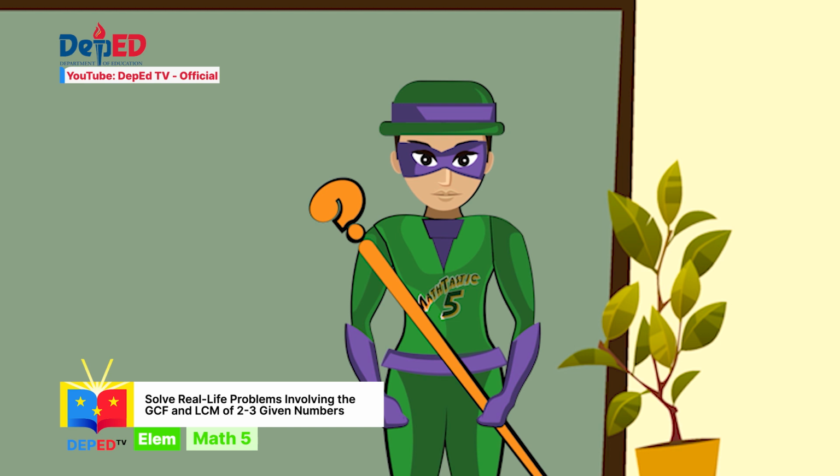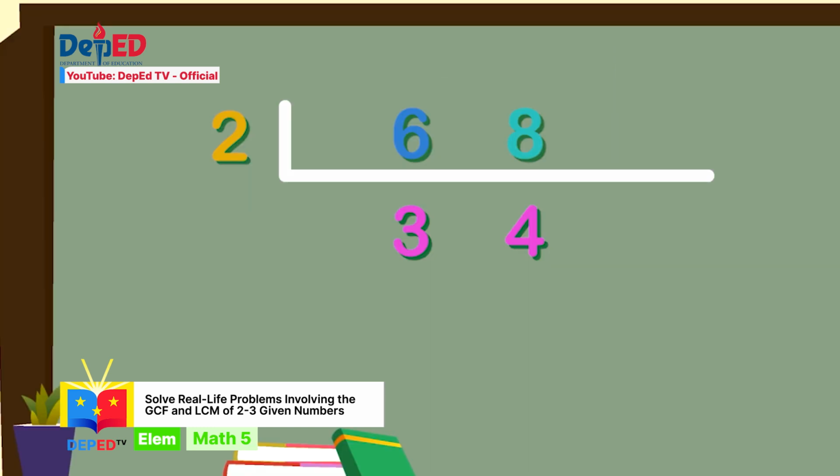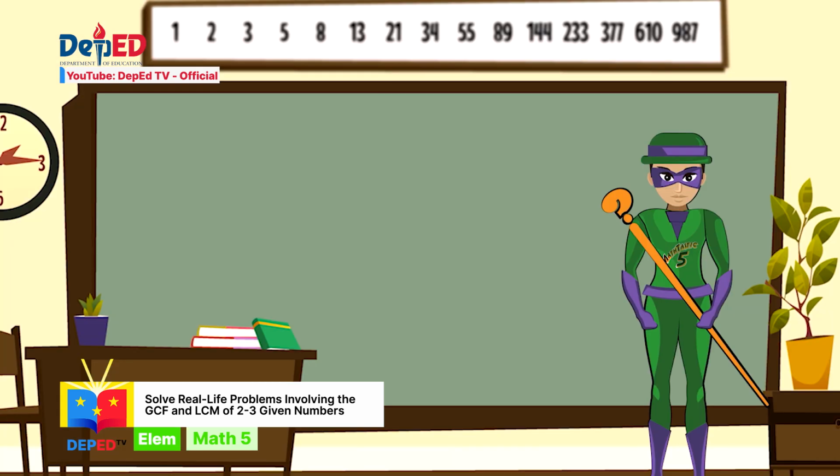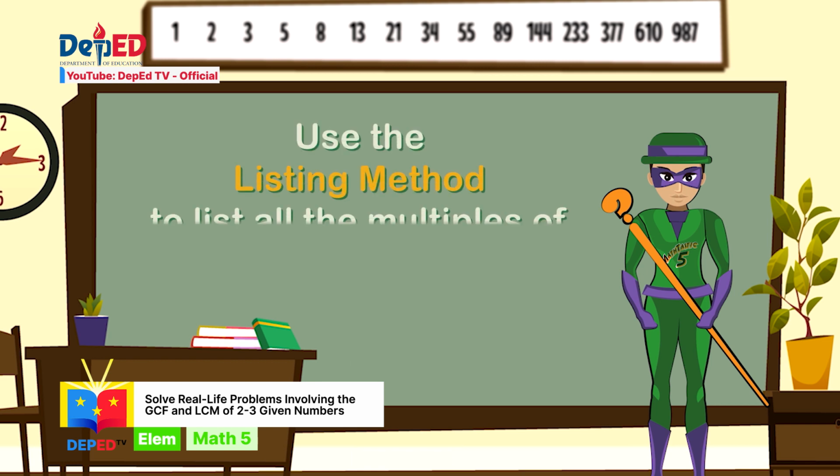Remember, when solving for the LCM, instead of multiplying all the common divisors, this time we will include the quotients in the last step. Thus, we have 2 times 3 times 4 is equal to 24. Last step. Check. To check our answer, we need to make sure 24 is the least common multiple of 6